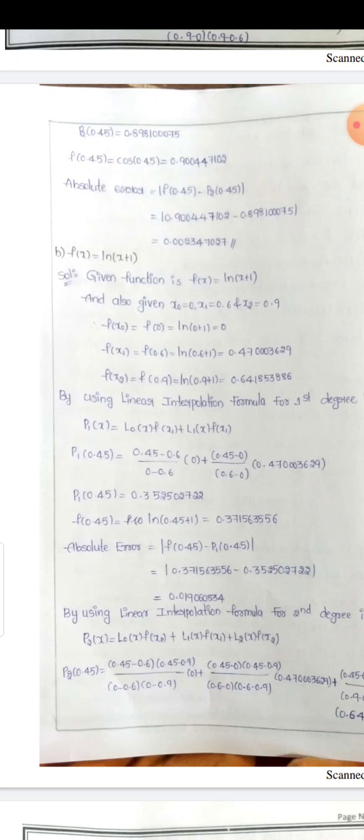p1 of 0.45 is equal to 0.45 minus 0.6 divided by 0 minus 0.6 into 0 plus 0.45 minus 0 by 0.6 minus 0 into 0.47303629. After simplifying, we get the value p1 of 0.45 is equal to 0.352502722. f of 0.45 is equal to ln of 0.45 plus 1 is equal to